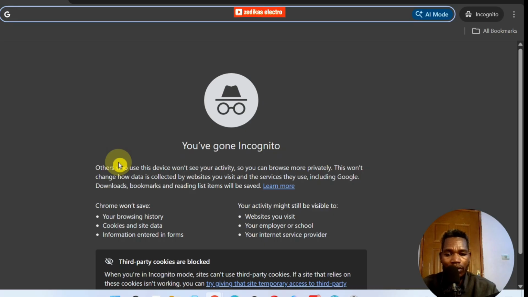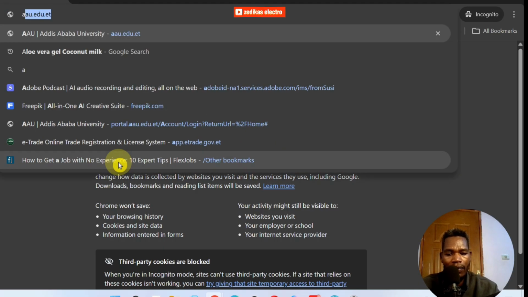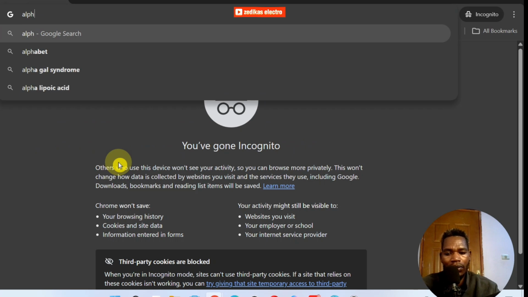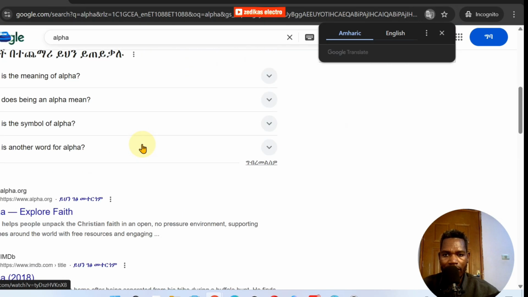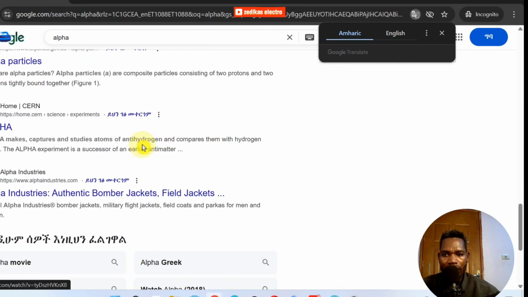Directly browse what you want to see, even in AI mode, okay? So for example, you can search for alpha, then press enter, and the incognito mode directly brings you the data that you need in here. So